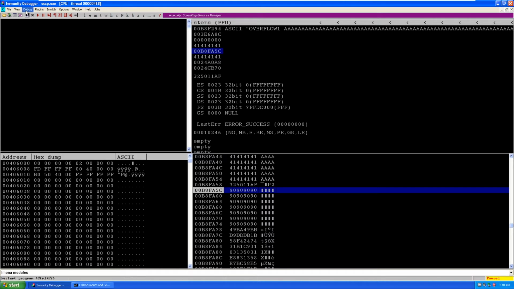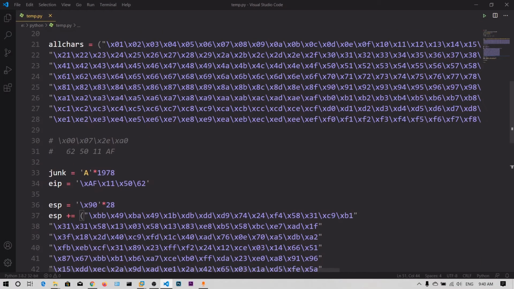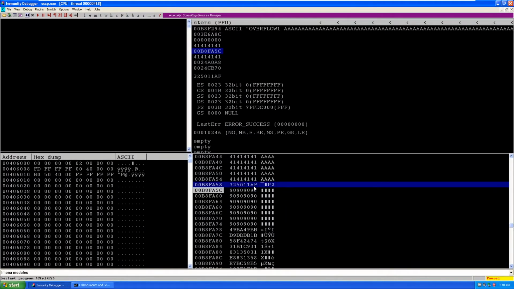There is a problem in this address. You can see here AF 11 50 32. The 6 is turning into a 3.